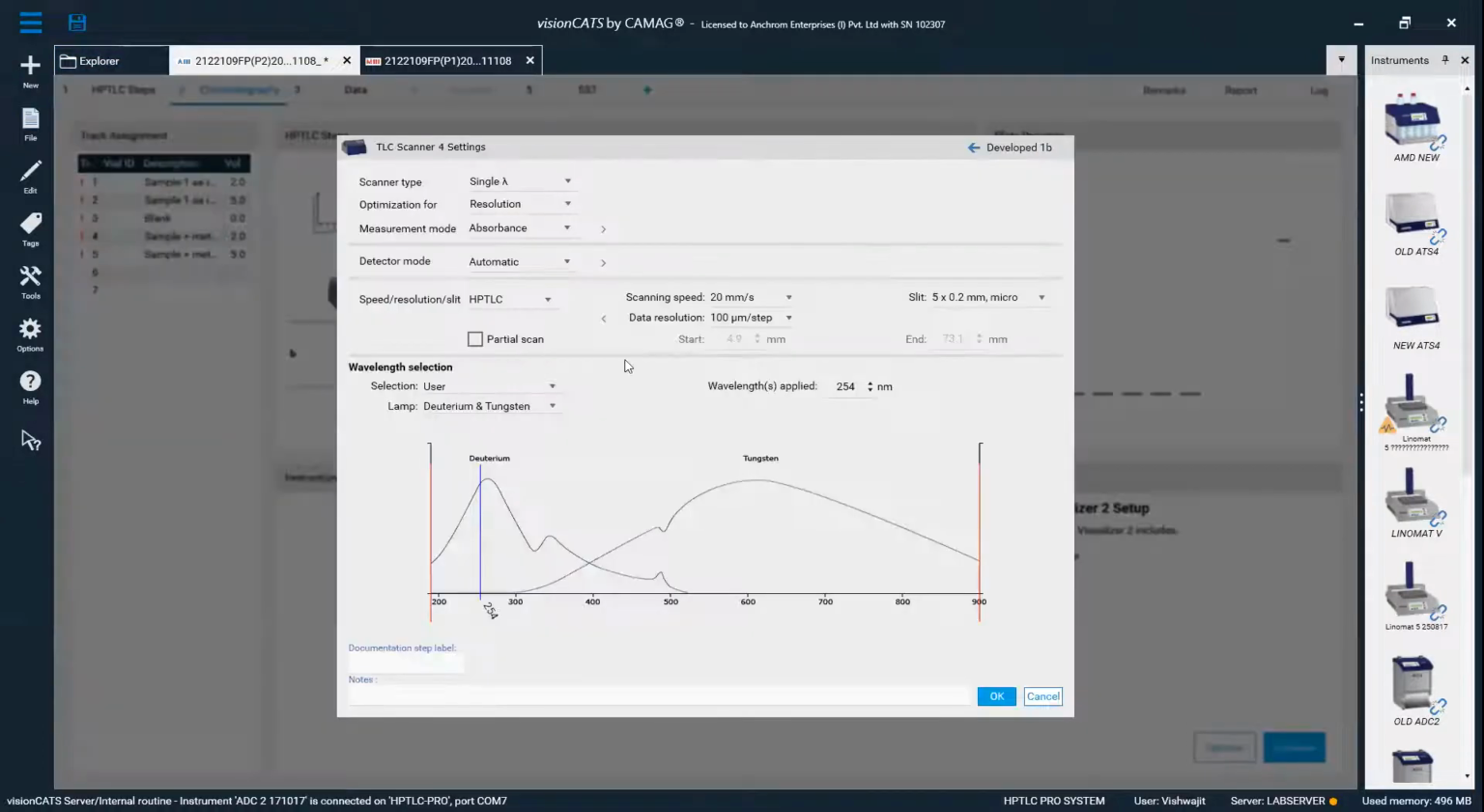Then in the scanner, CAMAG scanner 4, we can use this scanner for single wavelength analysis, multi-wavelength analysis, or spectrum analysis. So for single wavelength analysis, if you want to use it, we can select the scanner type for single wavelength. Then slit dimensions we need to adjust properly. That is all technical parameters involved in the scanner assembly optical path. I'll not go deep into that, but different